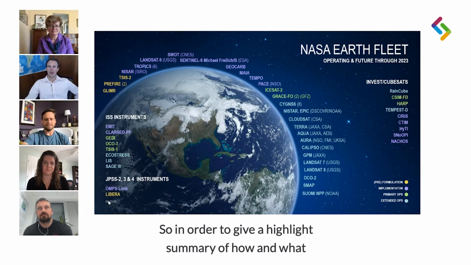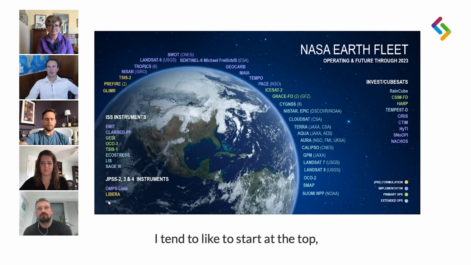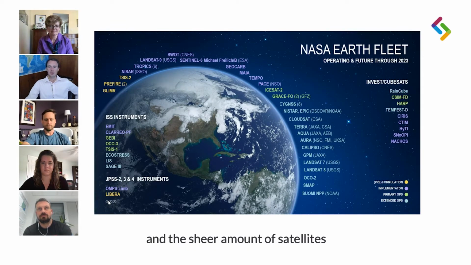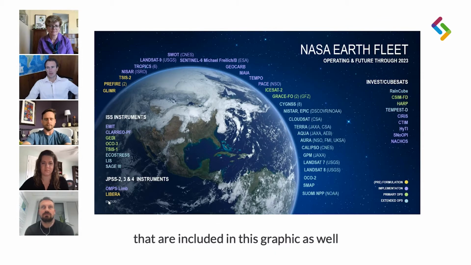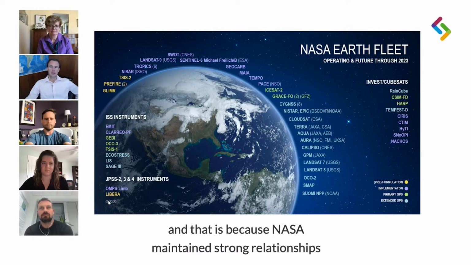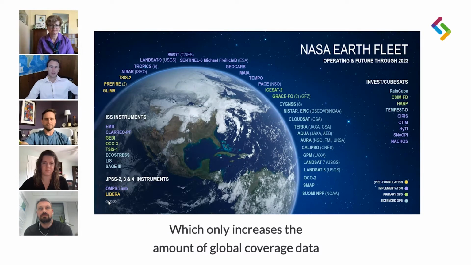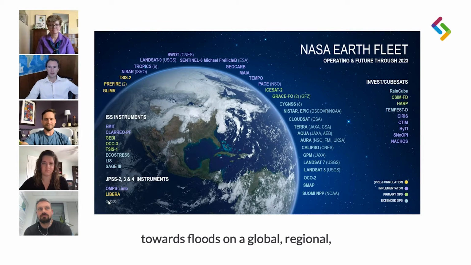So in order to give a highlight summary of how and what NASA contributes to global flood awareness and action, I tend to like to start at the top. And for us, that means space. The intent of this graphic is to convey the scope and the sheer amount of satellites that make up our Earth-focused satellite fleet. You might also notice that other national assets are included in this graphic as well, and that is because NASA maintains strong relationships with many other national space agencies and partners, which only increases the amount of global coverage data that we're able to bring to the table and leverage towards floods on a global, regional,